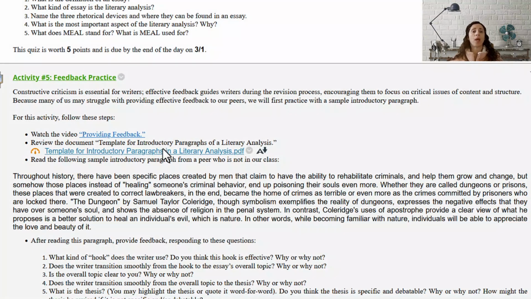Next, you'll participate in activity number 5, feedback practice. So constructive criticism is essential for writers. Effective feedback guides writers during the revision process, encouraging them to focus on critical issues of content and structure. Because many of us may struggle with providing effective feedback to our peers, we will first practice with a sample